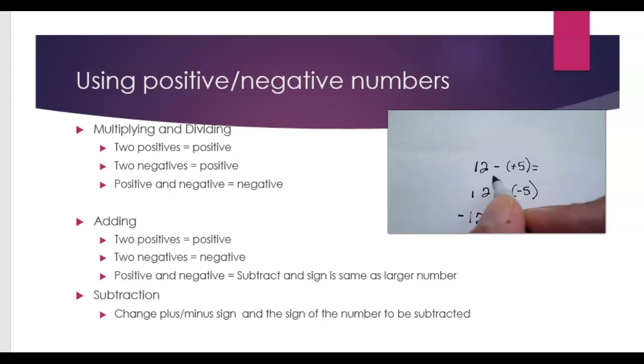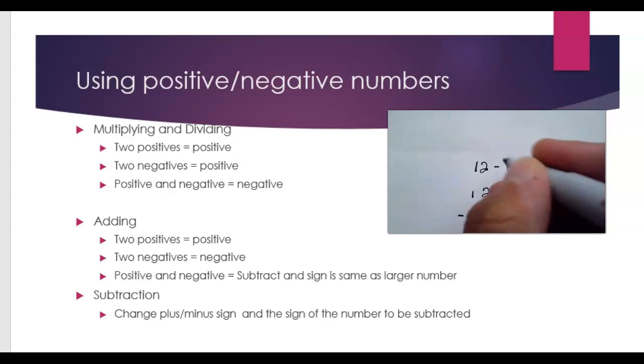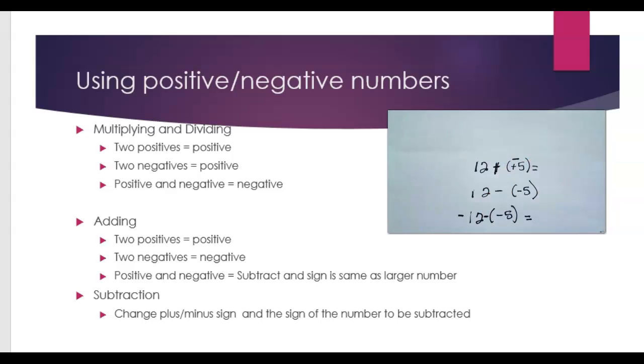So for instance, 12 minus positive 5, we would go plus negative 5, and because then we would use the rules for addition, we would end up with a positive 7, okay? So 12 minus negative 5: change the operation sign, change the sign in front of the second number, 12 plus 5, that's easy, 17. Negative 12, change the sign, plus, change the sign, negative 12 plus a positive 5, use